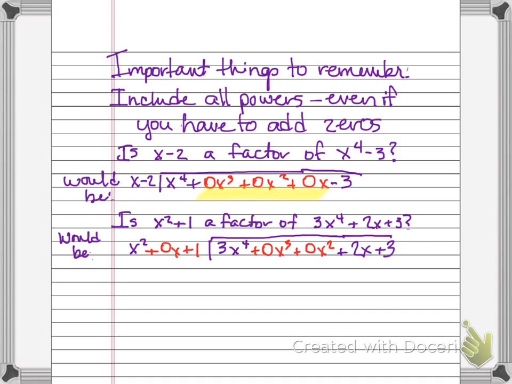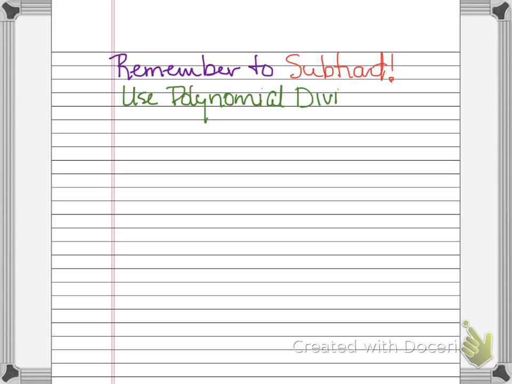You have to be sure and account for each one or your answer is not going to be right. And remember to subtract. Remember, just like in the division algorithm with all numbers, you must subtract. We use polynomial division when we're dividing by a linear factor or when we're